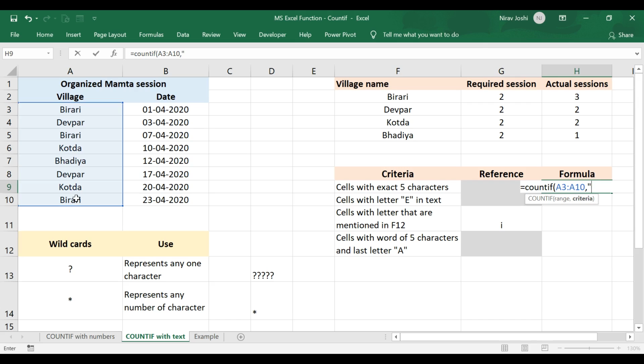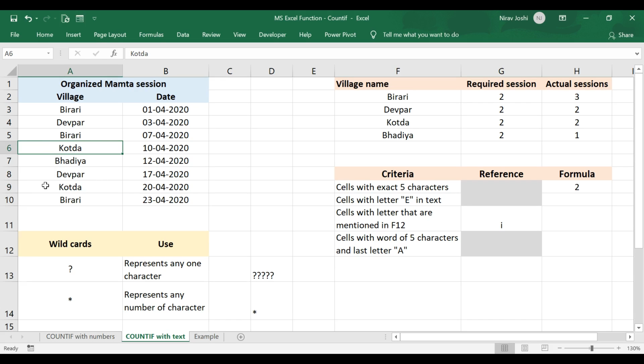So we will apply 5 question marks here, complete the parenthesis and press enter. It will give us the count of cells which have a word with exactly 5 letters, which is this one, Kotda, and it is there in 2 cells.